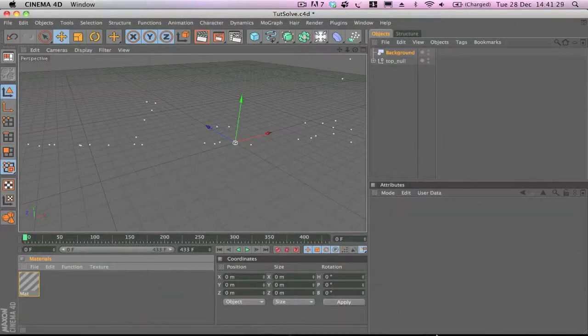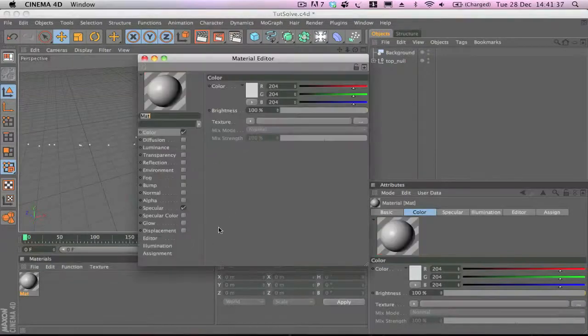My computer's on a bit of a go slow because I've got all these programs open, but we'll crack on anyway. So open up your material browser, turn off specular, and then within the colour channel,